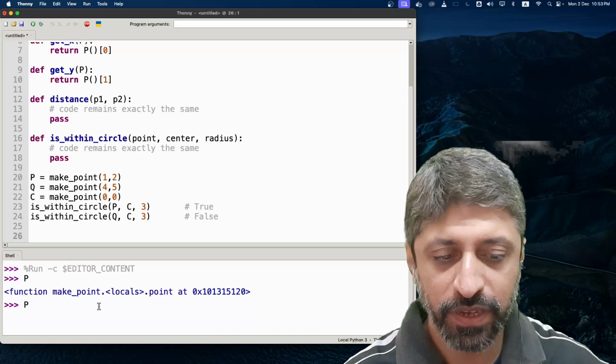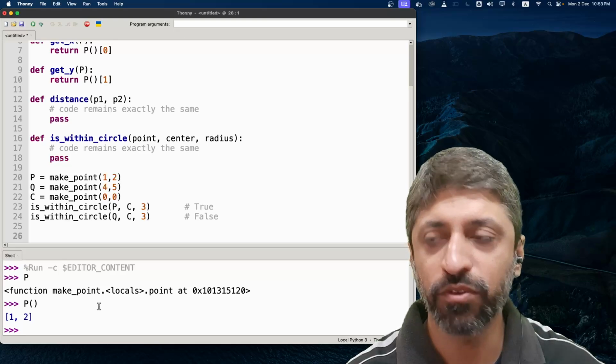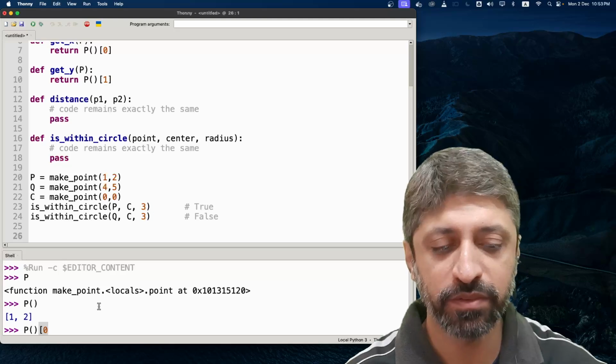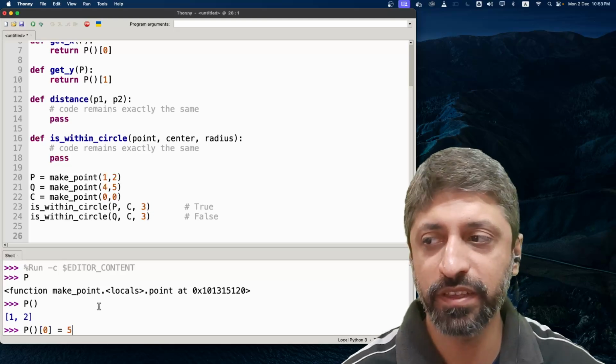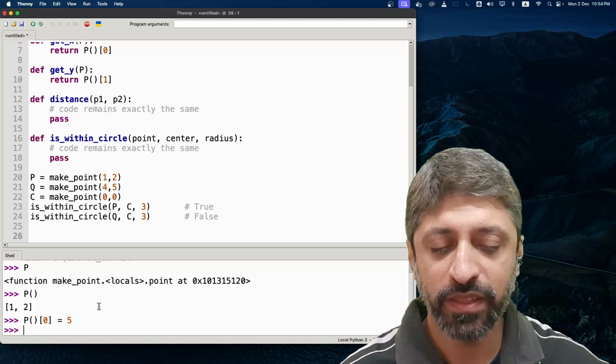Now, if it's a function, can we call p? Sure, and that returns the coordinates. Can we change? से आपका शरारती बच्चा वापस आ गया, पहला कोऑर्डिनेट जो है वो चेंज करके 5 कर देते हैं. फाइन, ग्रेट. अब हम अगर दोबारा देखें p की वैल्यू,